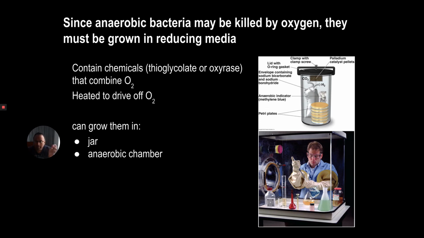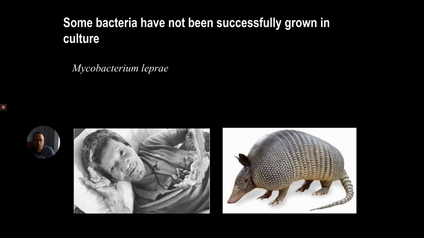Since anaerobic bacteria can be killed by oxygen, they have to be grown in a reducing media. And so we typically are going to put it in a place where it contains chemicals that combine with oxygen and/or heat it up to drive off oxygen. So you can see here,